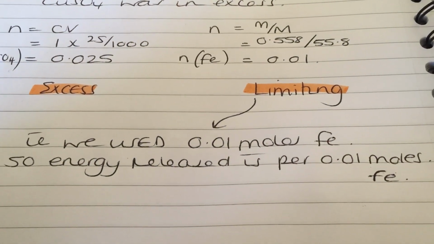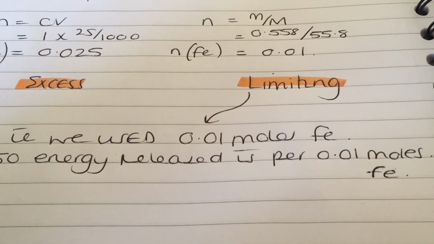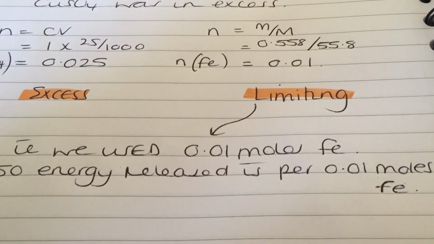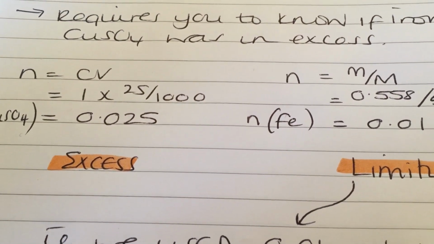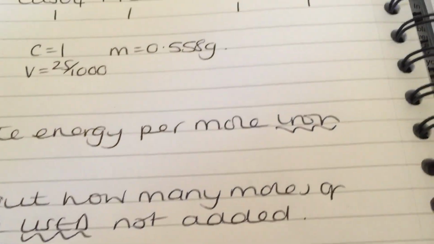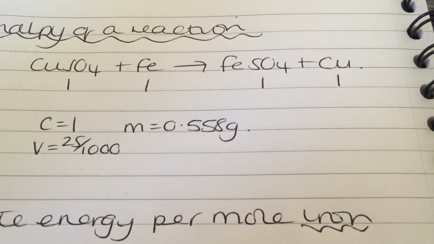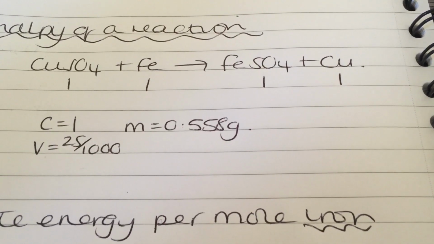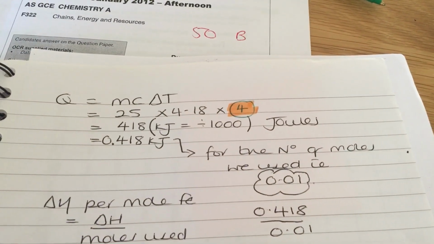That means that when we do our calculations for our energy released, we know that the energy released has been per 0.01 moles of iron, not for the copper sulphate. Because actually, even though we've got 0.025 moles of copper sulphate present, because of our stoichiometry, when the reaction has gone to completion, we will still have used exactly the same number of moles of iron, so 0.01, as we have the copper sulphate. Taking it across, in order to do our calculations, we need to use the equation Q